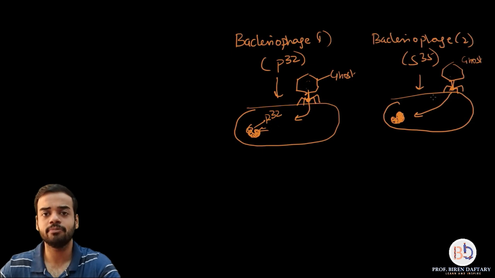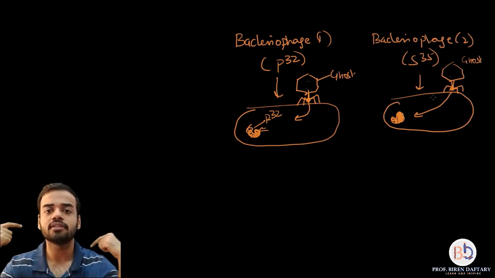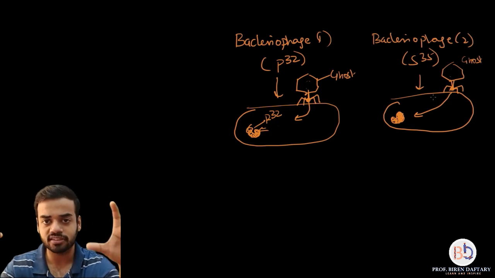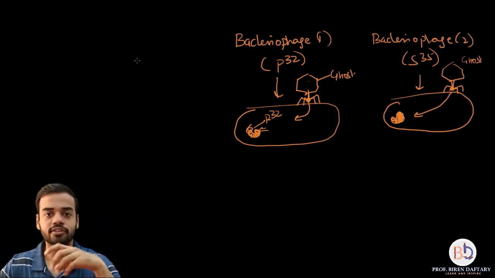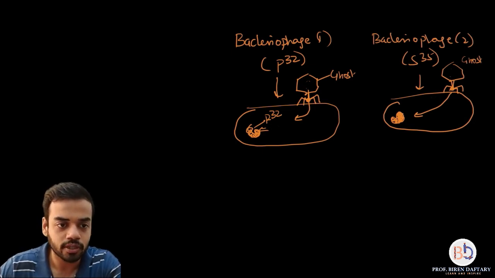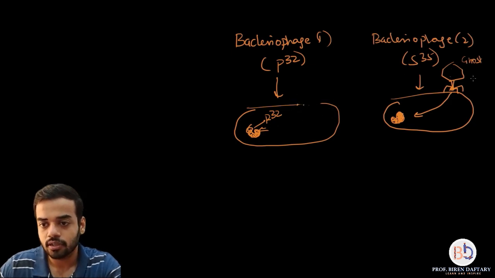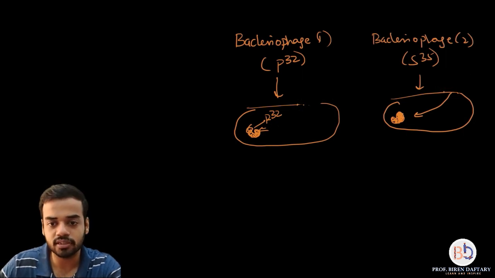And during this experiment, what they do is after the DNA is injected by the respective bacteriophage, they centrifuge both the samples, and because of centrifugation the bacteriophage will be removed by the centrifugal force. Okay, so I'm going to rub off the bacteriophage in both the examples because they have been removed by centrifugation, because their job is done now.